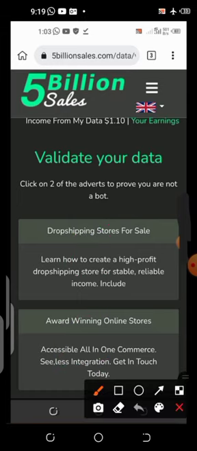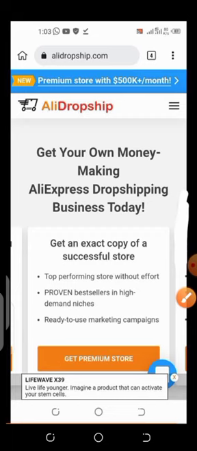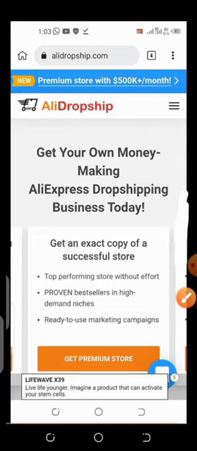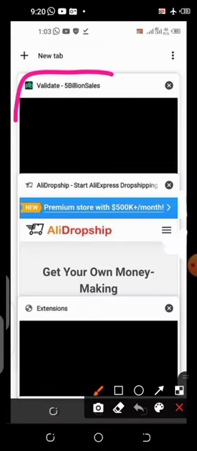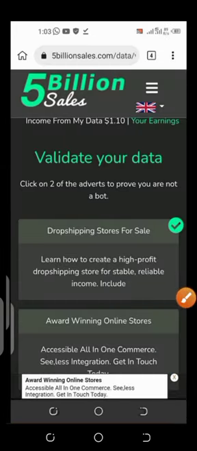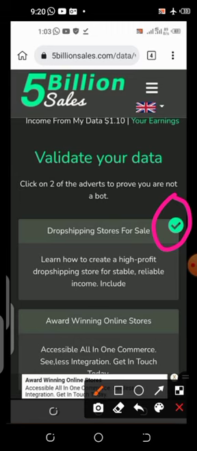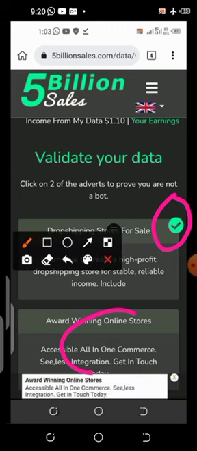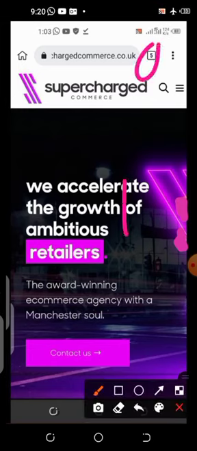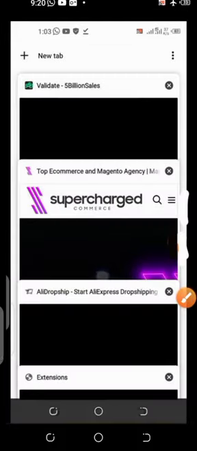So let's take it one after the other. Click this first one. Once you do that, whatever advert is there is going to display. You are done with that first one. Come back to this box again, minimize it, come back to our 5 billion sales page, click there. It's going to bring us back to the page. As you can see, it has been marked, so that has been verified. Now click the second ad. Once you click the second ad, the ad will open. Then we go back again, we minimize it and go back again, click the 5 billion sales page, and then